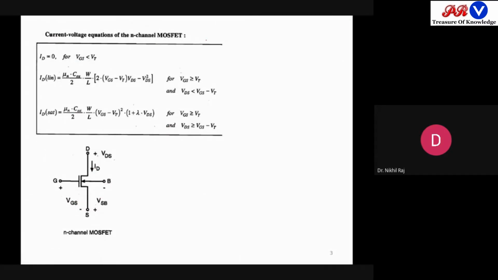In the MOSFET there were three regions. One was cutoff. Cutoff exists when VGS is less than VT. Since we are talking about the N channel, for the threshold we have not written the suffix, so better you write the suffix VTN. So for the NMOS, VGS less than VTN means it is in cutoff mode. In the cutoff mode no current will flow, so ID is 0. Second, when VGS is greater than or equal to VTN, the MOSFET will be in the on condition.